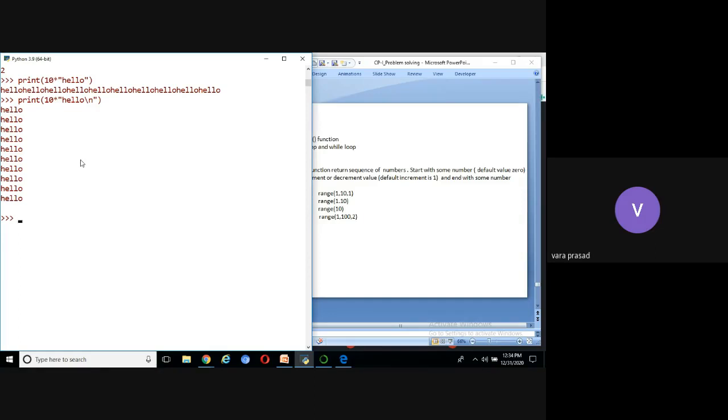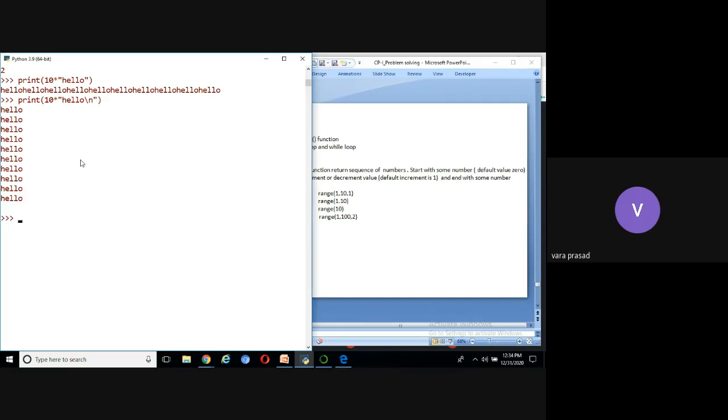See, what I do is, I will take a variable. I use that variable for count, because we need to display hello how many times? 10 times. Initial value of count may be 0 or 1. If I take count equal to 0, I can display hello until count equal to 9.